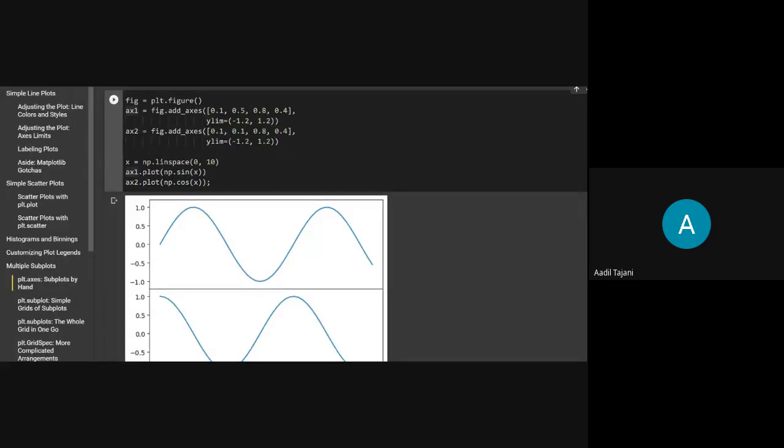But here we have now created 2 subplots. We can't use plt.plot because plt.plot is for plotting on a single canvas, in a single figure. But we have created subplots, and those subplots are referred to by the variables ax1 and ax2. So this is my ax1 figure, and this is my ax2 figure.